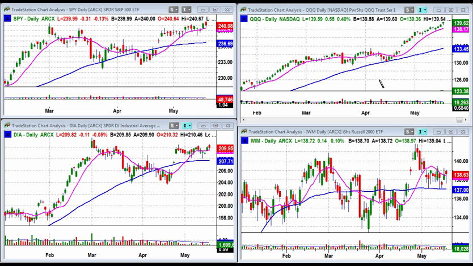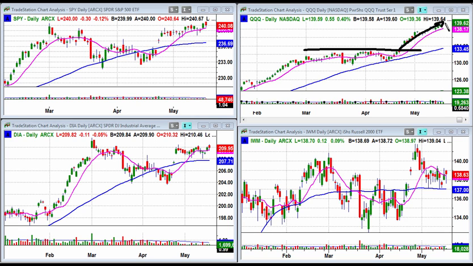But right now we have a scenario where I think it pretty much lays out the template for what I want to look for in a bullish market to continue, and that is the Qs took off in mid-April and just kept running, right? Now, we can't expect the Qs to keep going like this forever, and they haven't been able to really get the rest of the market to follow them convincingly. So the next leg of what I'm looking for is the next leg of the bull market to be led by somebody other than the Qs.